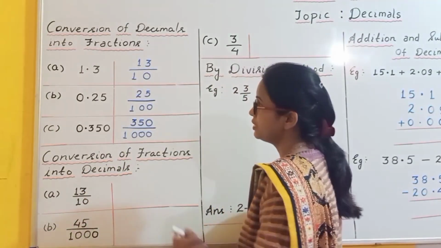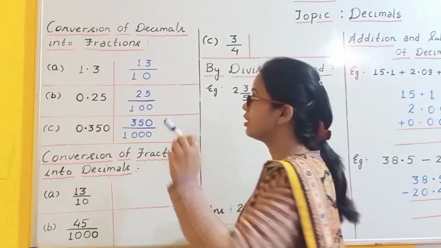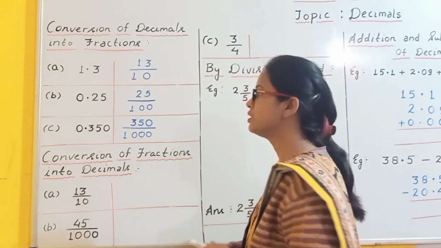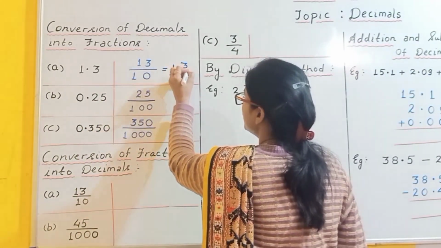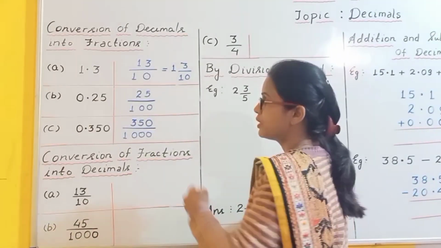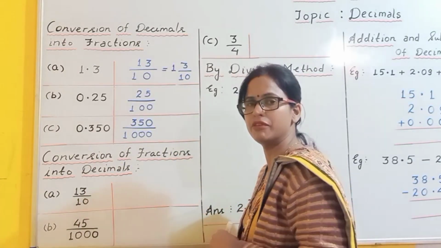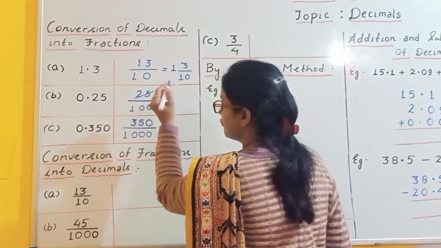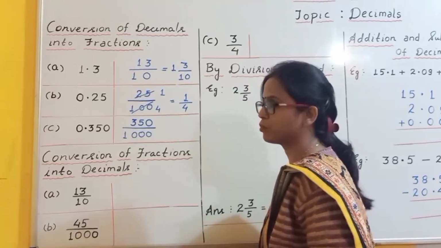Yes children, now see, we have obtained the fraction 13 upon 10. Let me tell you children, if the obtained fraction is an improper fraction, then we will convert it into a mixed fraction. So after converting into a mixed fraction, we will get 1 whole 3 upon 10. So this is the required fraction. And if the obtained fraction can be cancelled, can be converted to the lowest term, then we will convert. So children, you can see 25 upon 100 can be cancelled by 25. 25 ones are 25 and 25 fours are 100. So the fraction will be 1 upon 4.